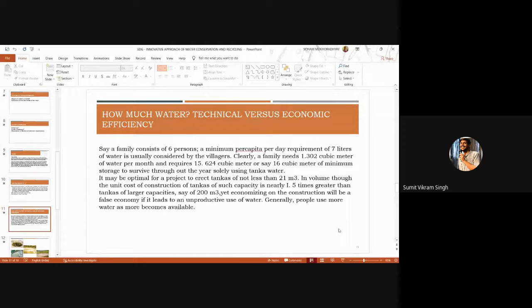So generally, people use more water as it becomes more available, and the maintenance and aftercare is very low in tankas. Like at least once in a year, cleaning of the tanka, ramming of its catchment, and painting of its inlets and outlets is a must for keeping the tanka in good condition. Also,